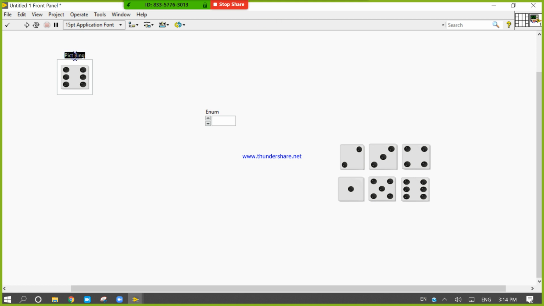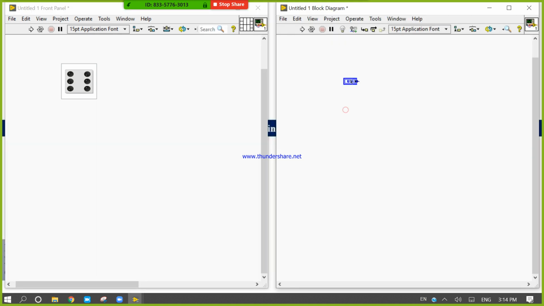Okay, now come into the block diagram. Right click here, come into the block diagram.